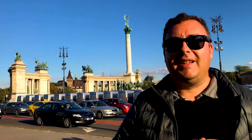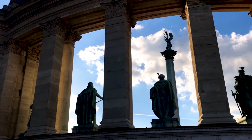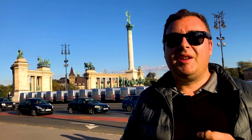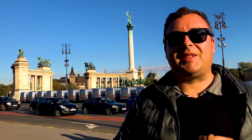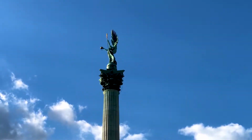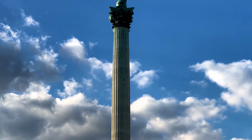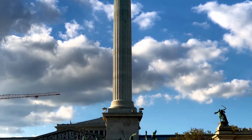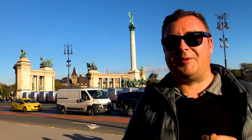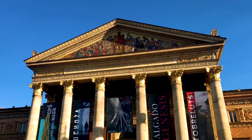So behind me is Heroes Square at the top of Andrassy Avenue. Now, I'm not entirely sure what's going on today. It's not usually full of police cars, but this is a spot that's crucial to the modern Hungarian identity. It was the center of the 1956 uprising in which many people were killed, and of course the 1989 revolution as well, which established democracy in Hungary. It's just such a beautiful city, Budapest. I feel like I've only scratched the surface of the World Heritage site here, but I am going to have